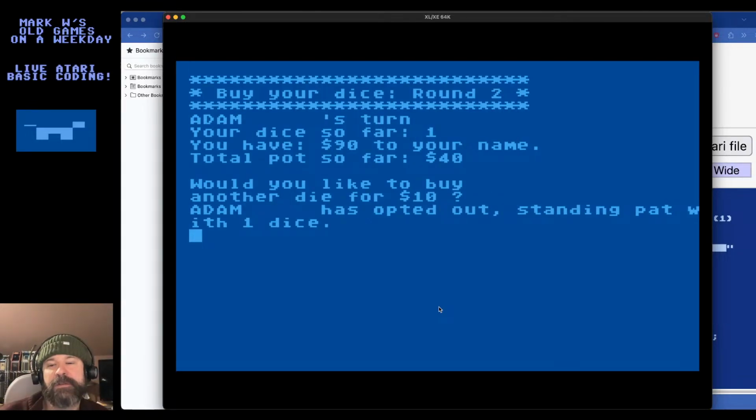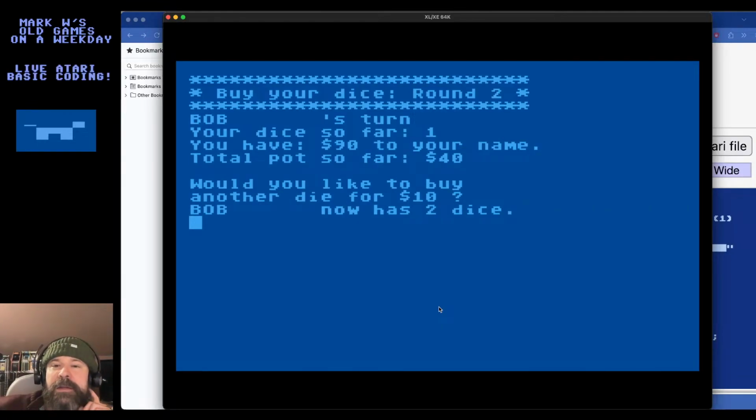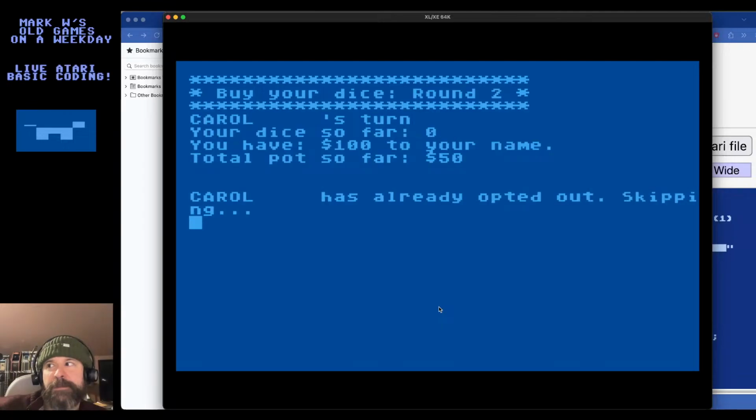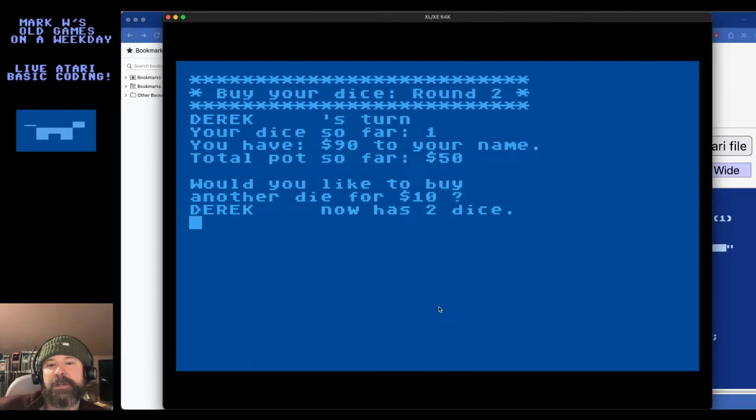Adam backs out with only 1 die. Bob buys his 2nd die. It'll skip over Carol right now. Yep. Derek buys his 2nd die. Atari buys his 2nd die.